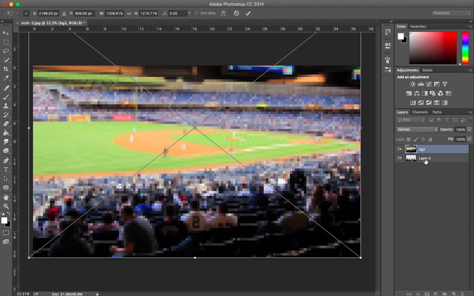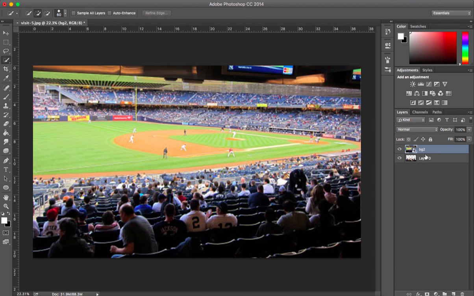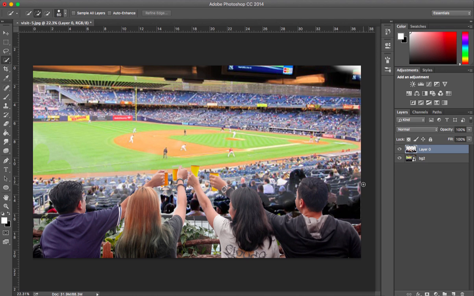So after you scaled your desired background image, hit enter. And then here in the layers panel, move your foreground up. So there you go. It would look like you and your friends are watching a baseball game. Now, for the next image,